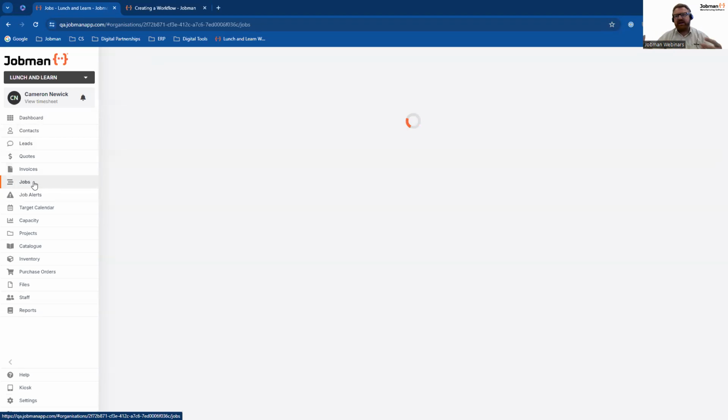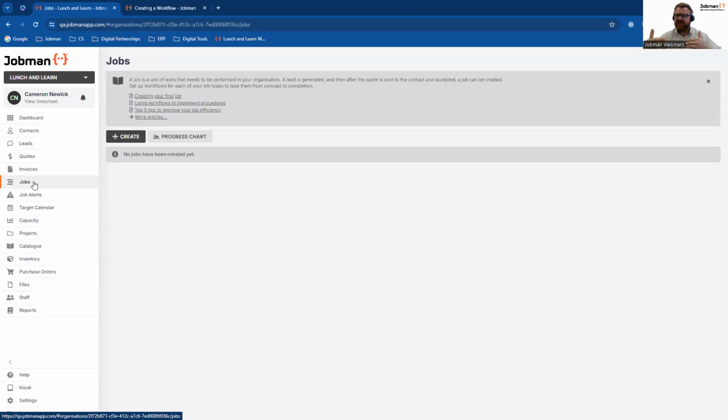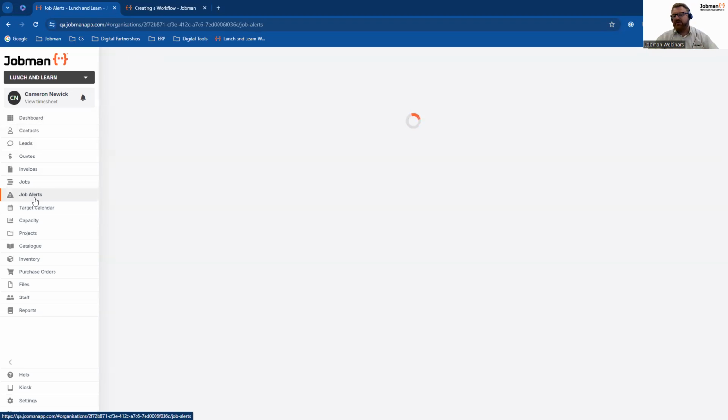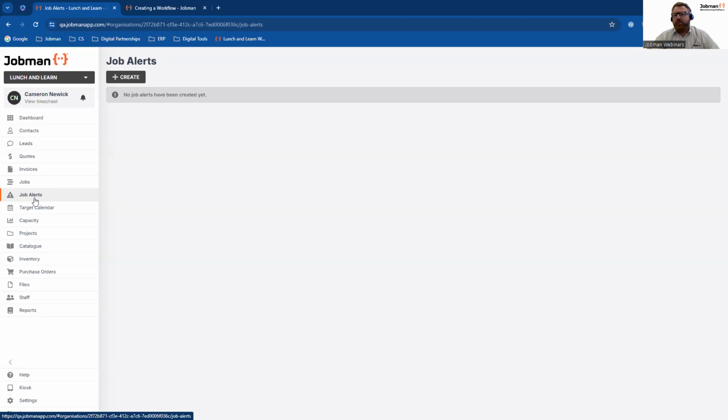The job management page will have all your jobs as they start to come through, and job alerts in relation to where things go wrong, or the team needs to let you know what's going on. Job alerts don't necessarily need to be bad things. A lot of our clients use job alerts for things like installer or dispatch checklists. So the team raises an alert, takes some photos, saves it, it goes up, you get notified, and hey presto,